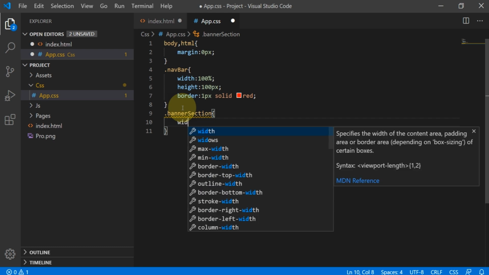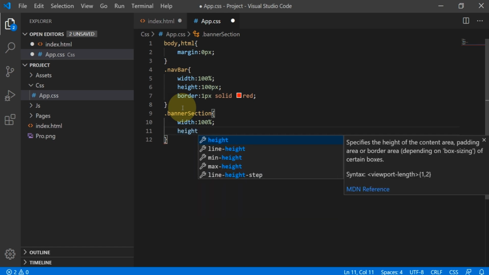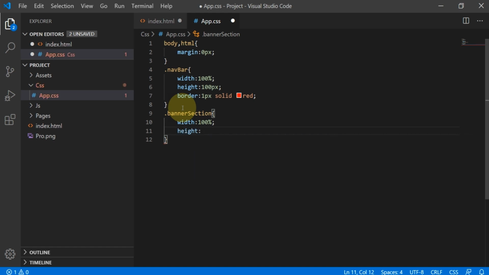Width is the same, 100%, height some 300 pixel.